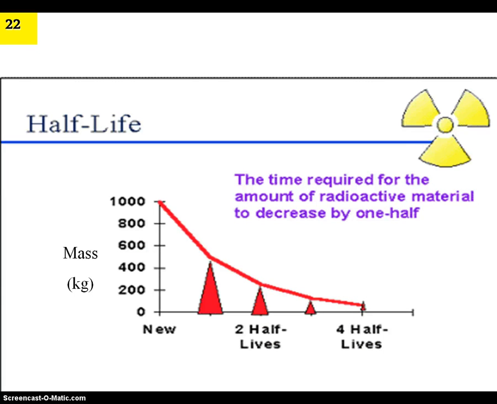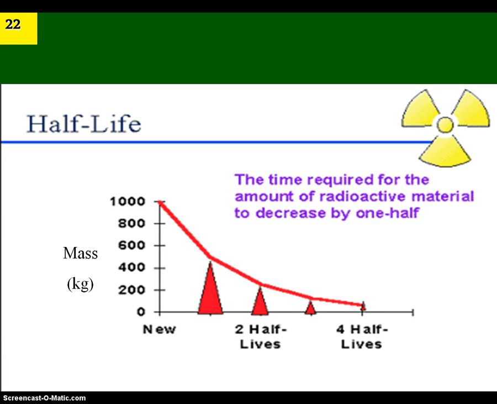Now, not only can this be generated in a lab, but it can also happen naturally in the environment. And when it happens naturally in the environment, we call it radioactive decay. And it takes a certain amount of time for a nucleus in the environment to do this, and the time is called a half-life. So a half-life is defined by the amount of time it takes half the nuclei in a sample